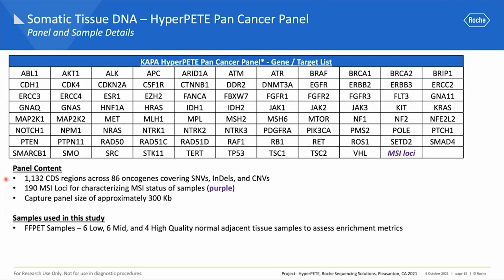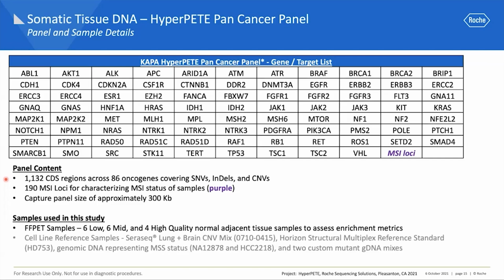The samples used in this study were FFPE tissue samples, so 6 low quality, 6 medium quality, and 4 high quality normal adjacent tissue samples. These were used to assess enrichment metrics. We also included cell line reference samples, so a Sera-seq lung and brain CNV mix, a Horizon structural multiplex reference standard, and genomic DNA representing microsatellite stable status, as well as 2 custom mutant gene mixes for MSI